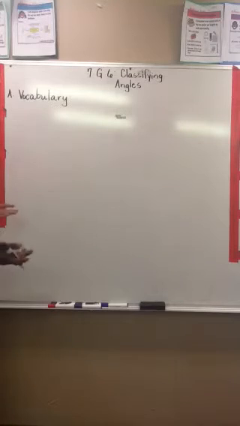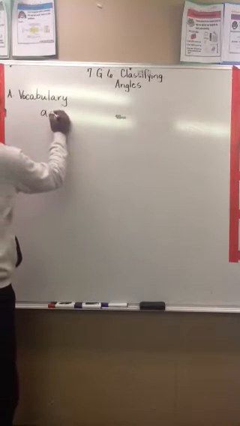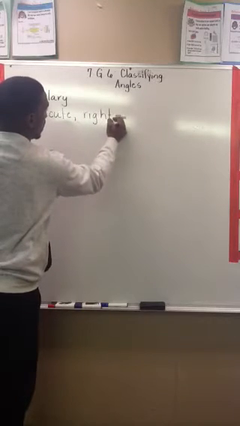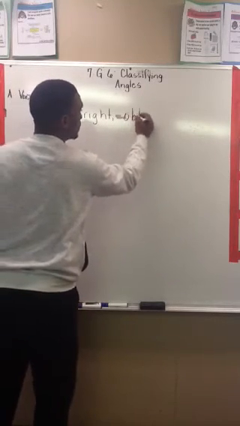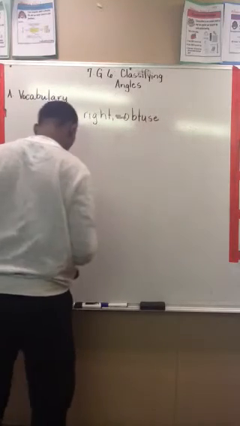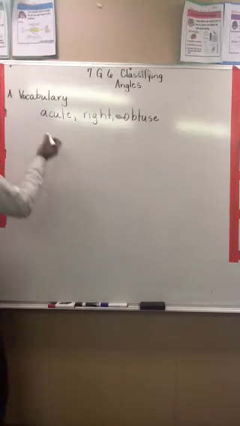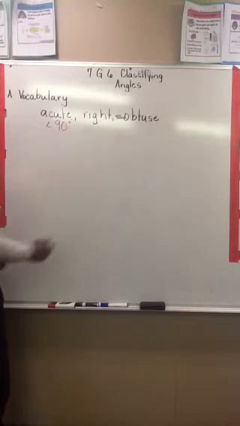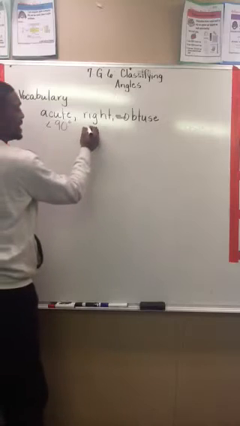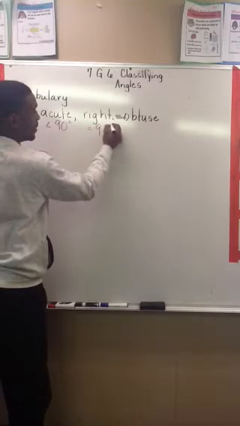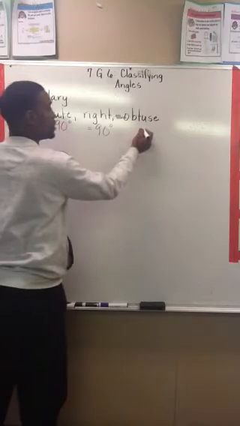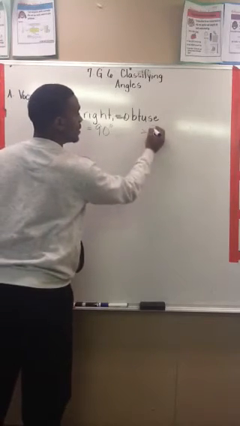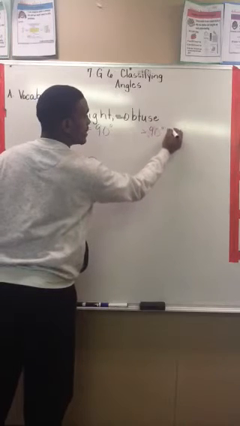You've heard of acute angles. You've heard of right angles. And you've heard of obtuse angles. Well, what are acute angles? Acute angles measure less than 90 degrees. Right angles measure exactly 90 degrees. And obtuse angles measure greater than 90 degrees, but less